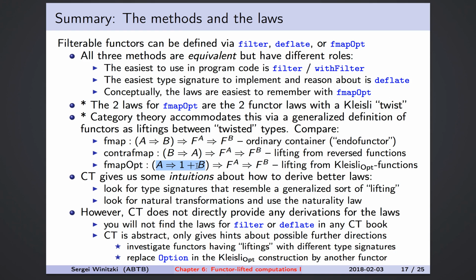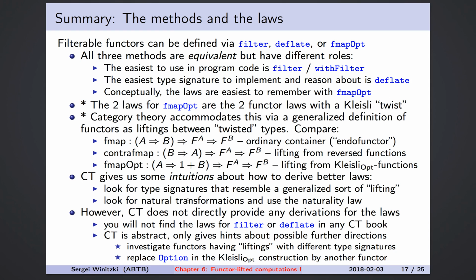That's how category theory generalizes all of this into lifting. So it's always lifting from one kind of arrow to another kind of function arrow, to another kind of function arrow with twisted types. Now, category theory gives us intuitions about how better laws could be derived, and two of these intuitions we have seen is one is that it's probably helpful and useful if we look for type signatures